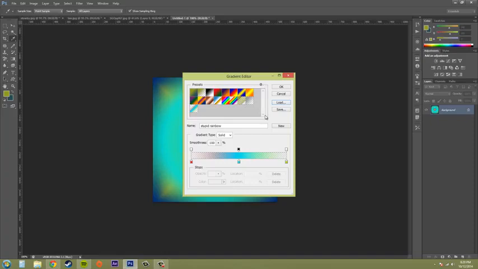Now you guys have a lot more control over using gradients and the opacity of your gradients and things like that. So hopefully you guys learned